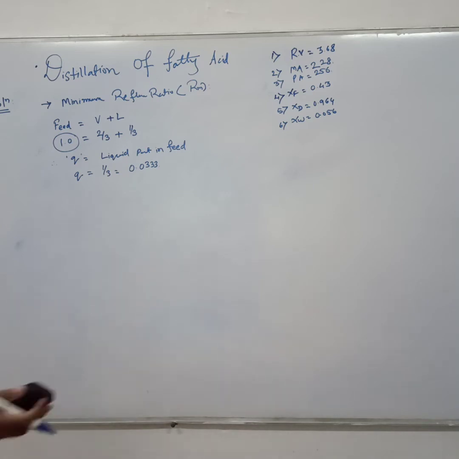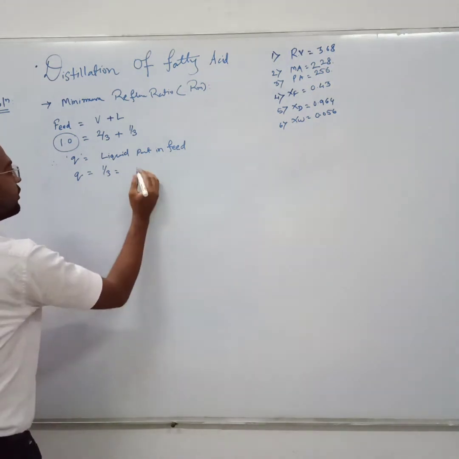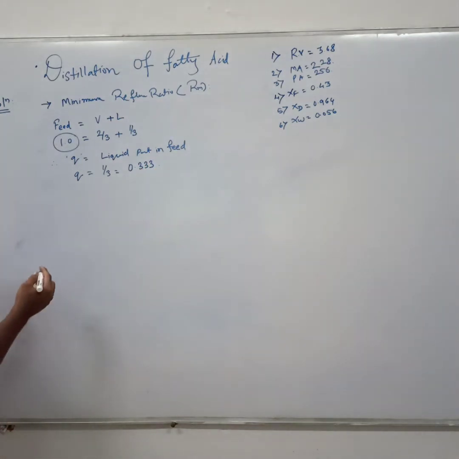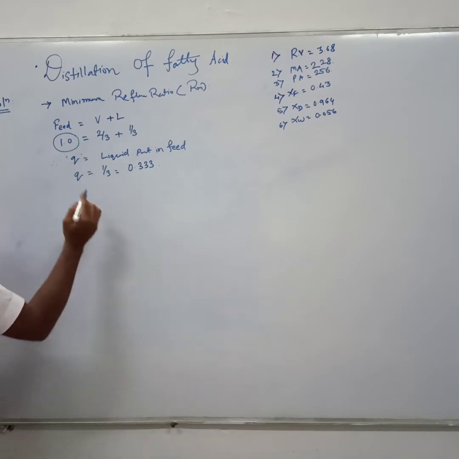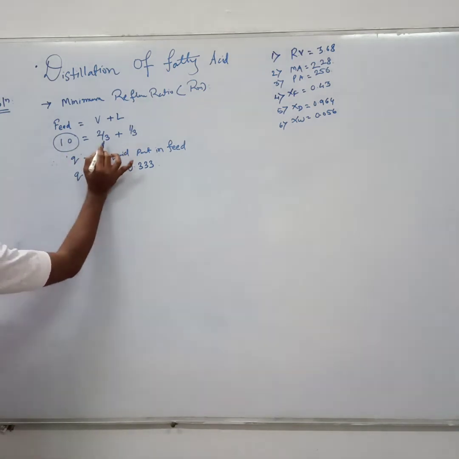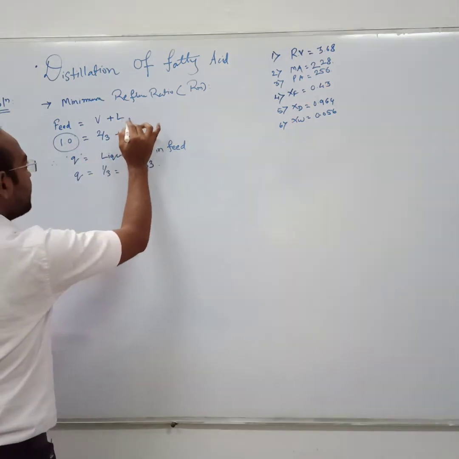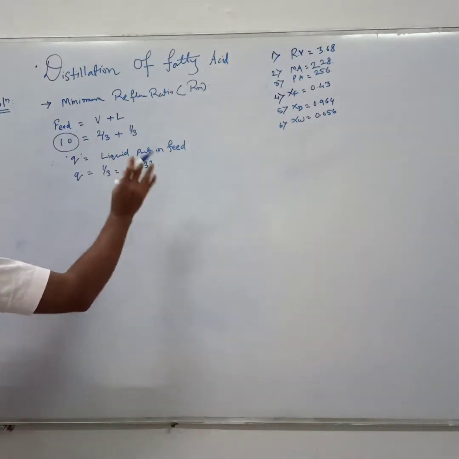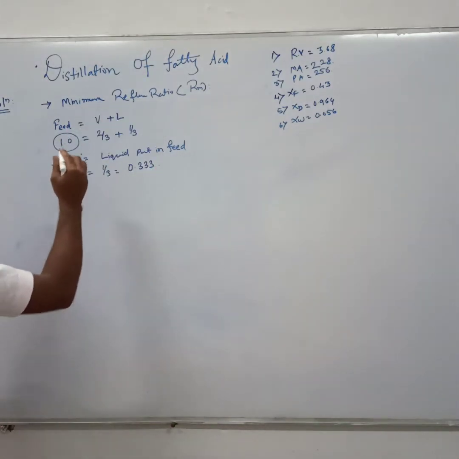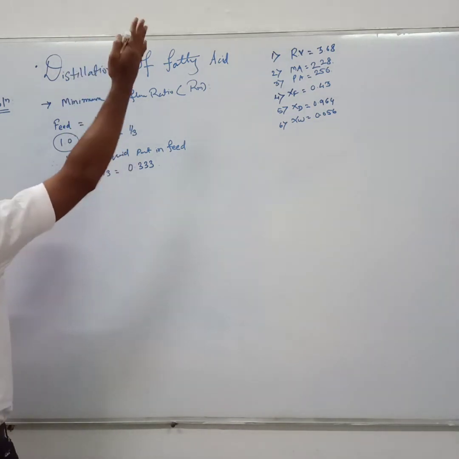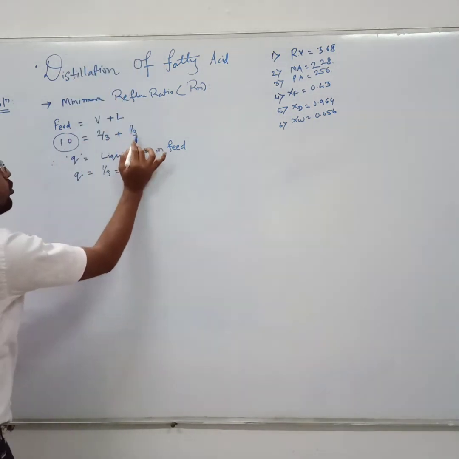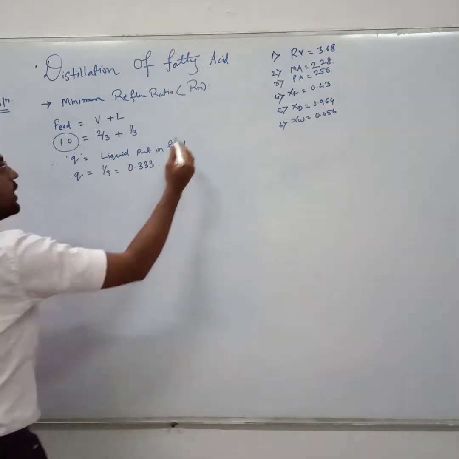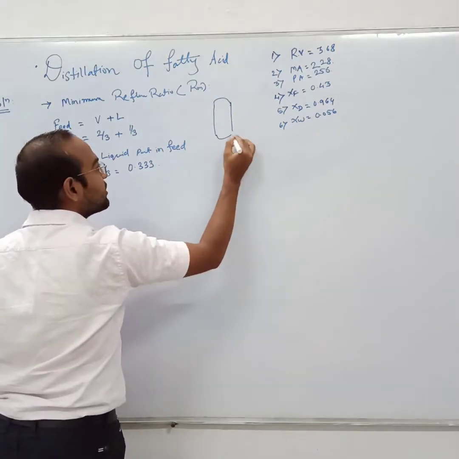Sorry, there is a slight correction. We are getting the value of 0.333. I wrote it as 0.0333. So we can easily say that 1 mole of feed gives us 2/3 mole of vapor and 1/3 mole of liquid in the rectifying section and in the stripping section. Once you supply the feed in your distillation column, 2/3 mole of vapor goes to the rectification section, that is the top of your column, and 1/3 mole of liquid is obtained in your stripping section, that is the bottom part of your column. So how can you differentiate the stripping and rectification sections of your column?